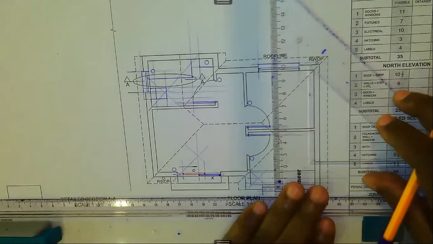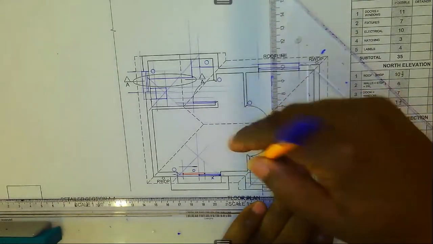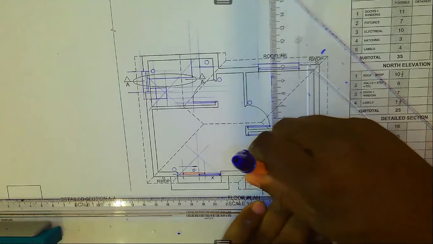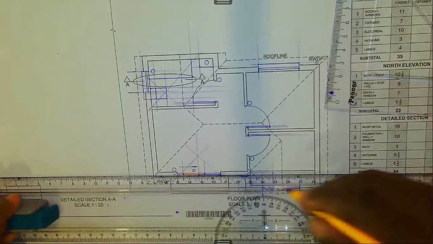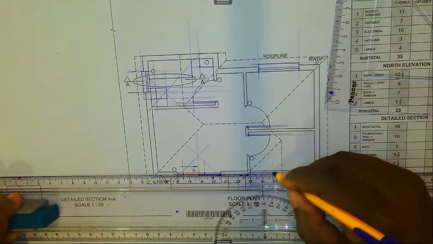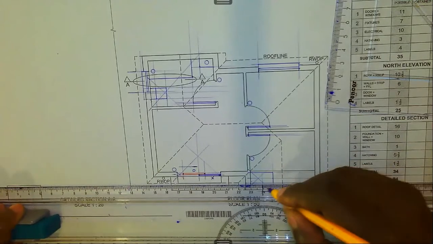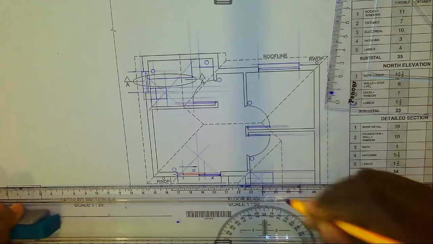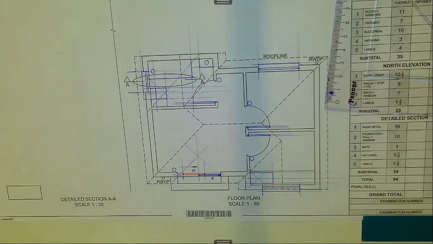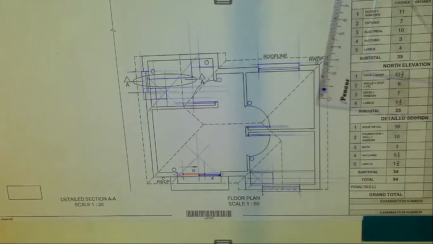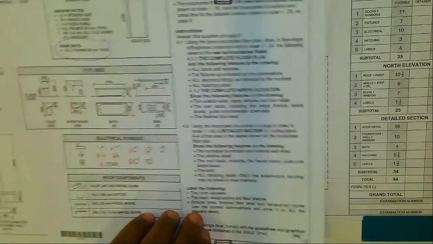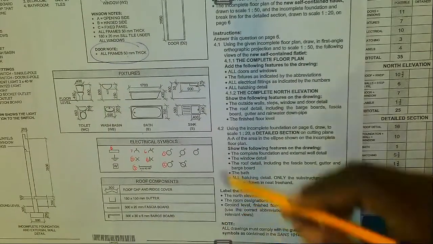Everything should be drawn to scale, right? Then we do this, right? We have that. That is the position of our sink. If we check from the information that is provided with regards to the sink, we see